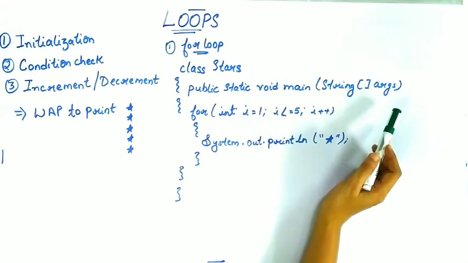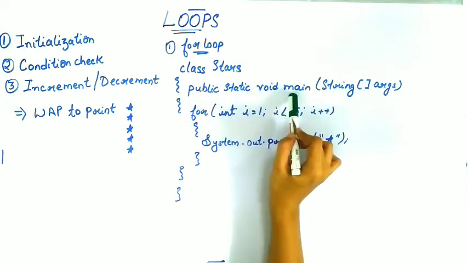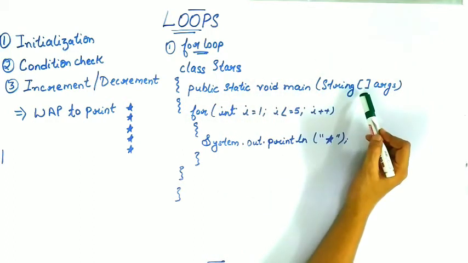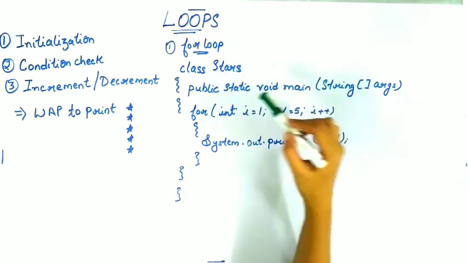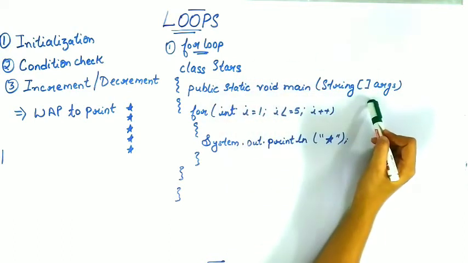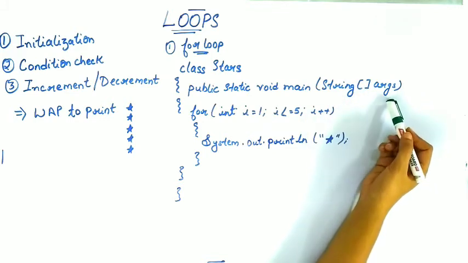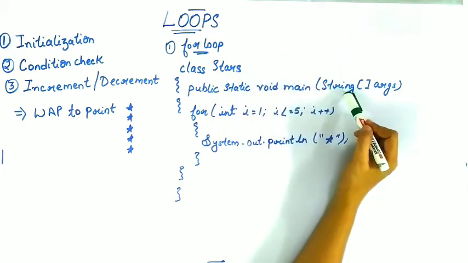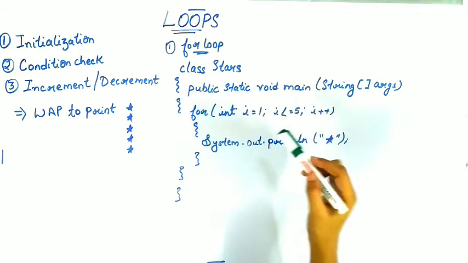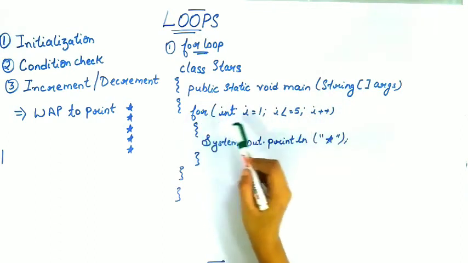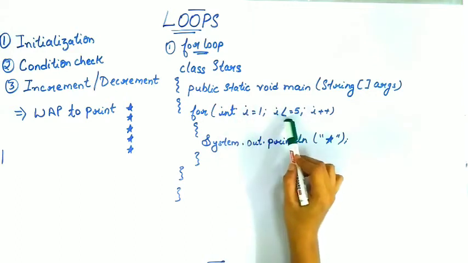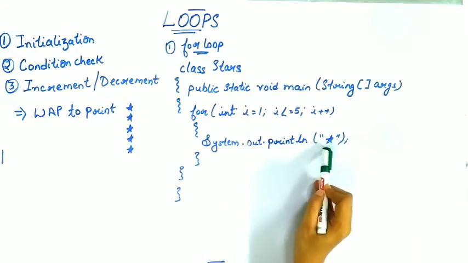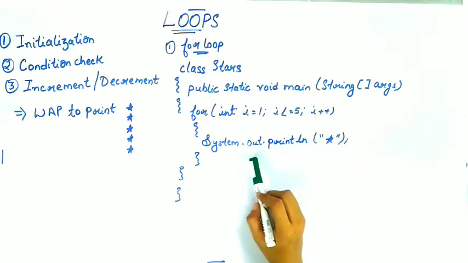See, this is a note point. public static void main(String[] args). Writing this is mandatory in a Java program. And what is the reason for writing this statement, we will learn in further classes. For now, just understand that this is the rule of writing Java code, and we shall now focus on the for loop. for (int i = 1; i <= 5; i++) System.out.println("*").